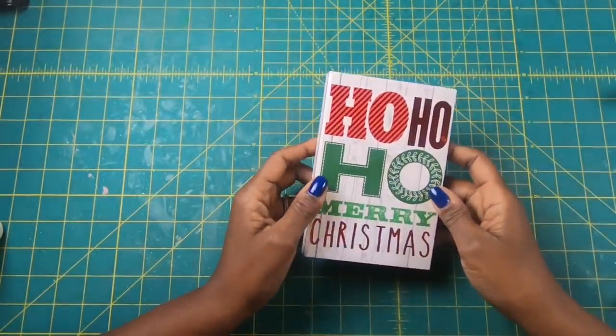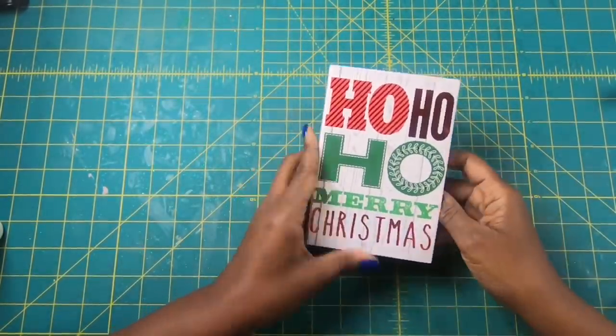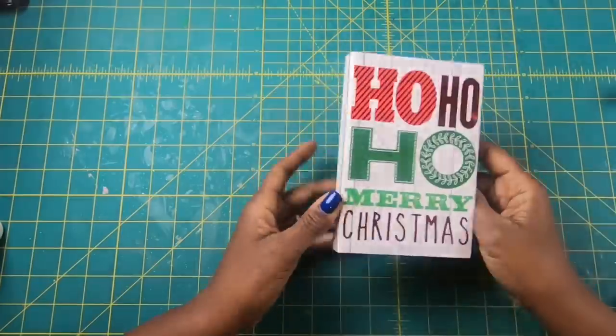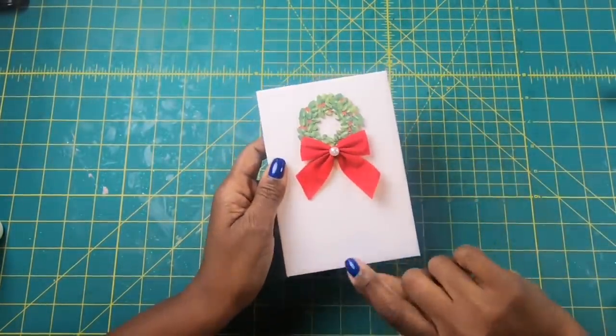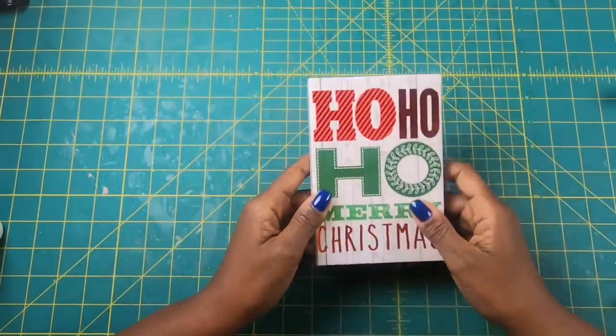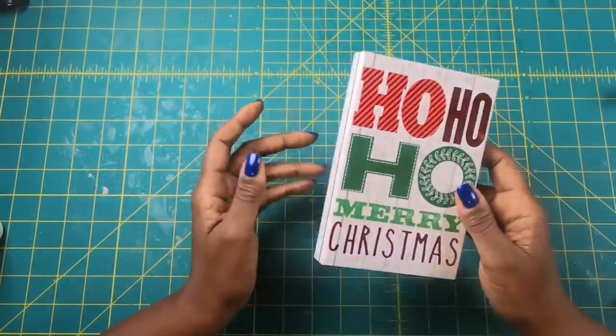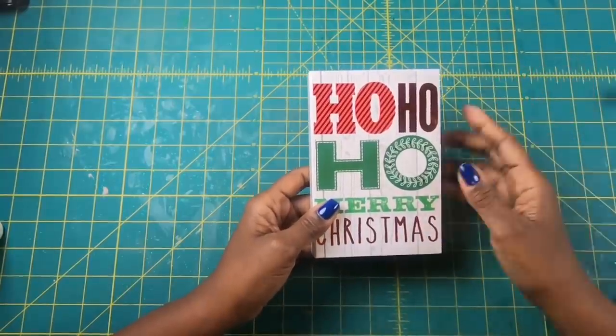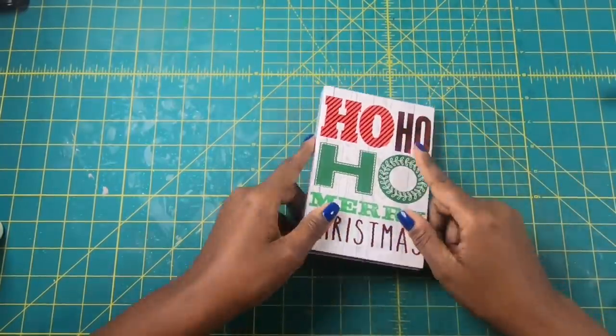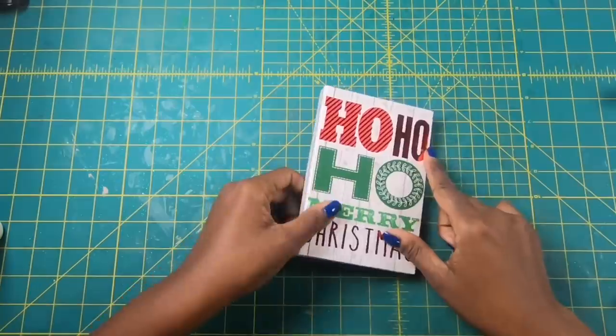So yesterday we made these wonderful little photo books using Christmas cards from the Dollar Tree. And it is such a simple craft, and it is a great way to use Christmas cards as a way of creating something useful. It can be so much more than a card. And that's exactly what this is. Well, today